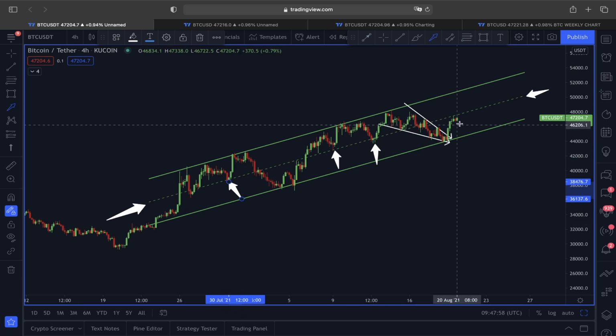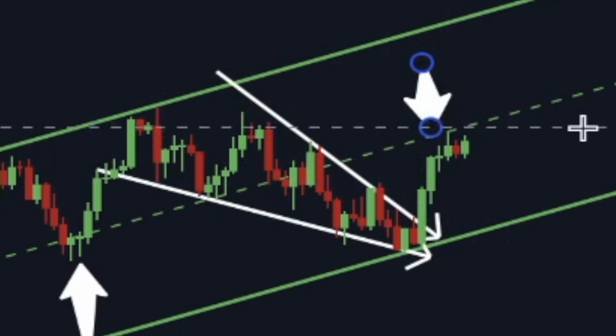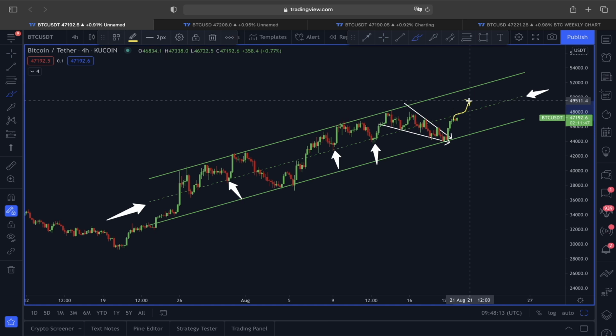So the same line could be acting as a resistance, and exactly when we came across this central line, you can see we found some difficulty. So that's why what we want right now, if we do manage to turn this resistance from the center line into support, the price here could slowly start breaking to the upper direction and also heading towards the next potential target, which I just showed you with the previous example,